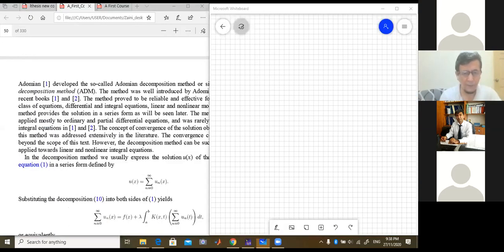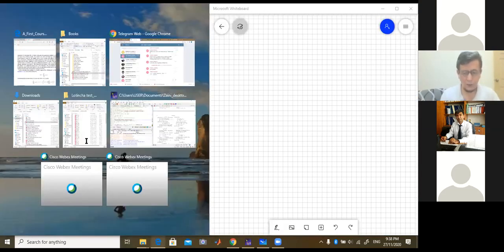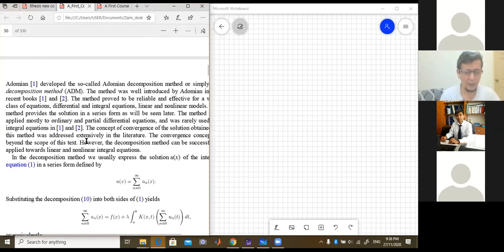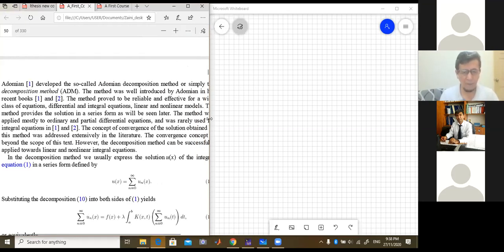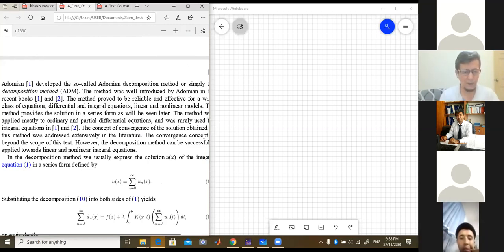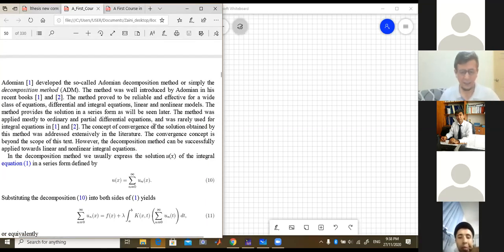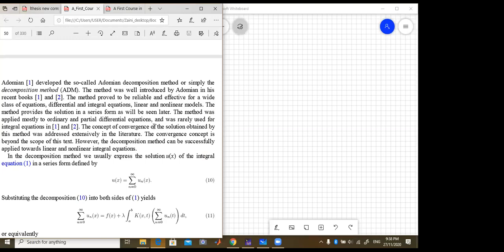So a little bit I do like this, and this one I make a little bit smaller to see this. Okay, so now our equation, actually he applied mostly for integral equations of the second kind. For the first kind also we can apply, but at the moment let us use